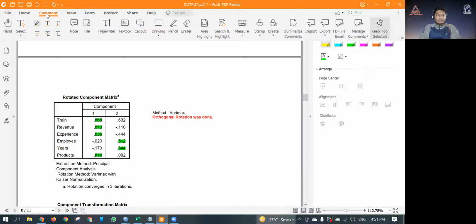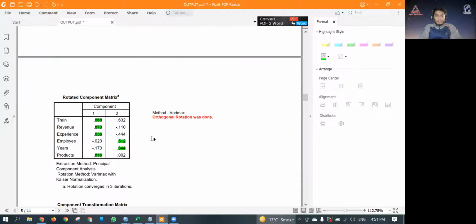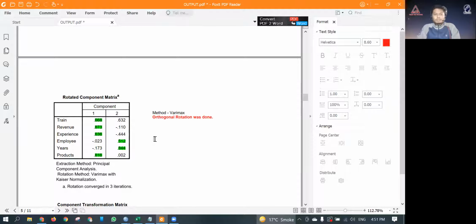Now if I go back to the text, tablet. Okay. So variables training, revenue, experience, and products is component 1, and variables employees and years equal to component 2.